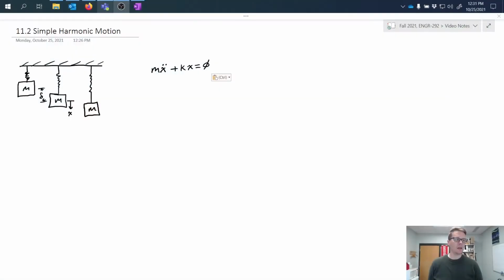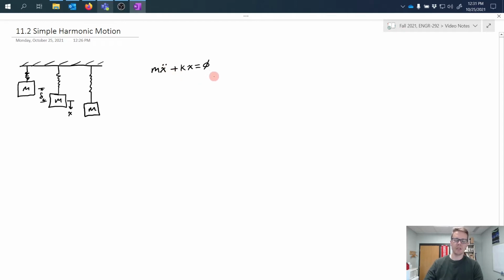In this video, I want to expand on the topic of simple harmonic motion. Simple harmonic motion can be defined, in one example system, as a mass hanging from a spring, as shown on the screen here. Where we left off in the last video was to say that the differential equation defining this situation looks like this: m x double dot, which is the acceleration, plus the spring stiffness